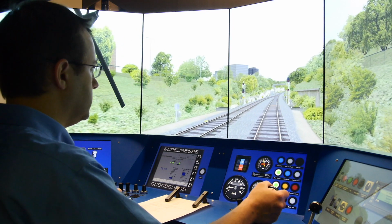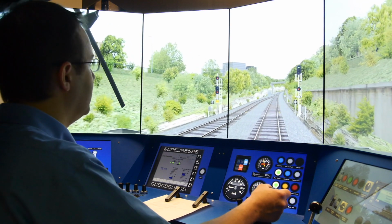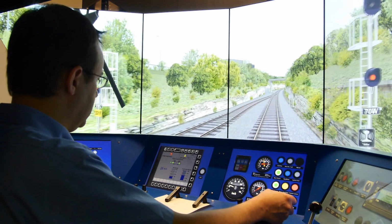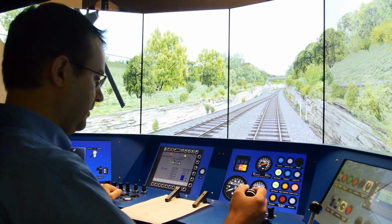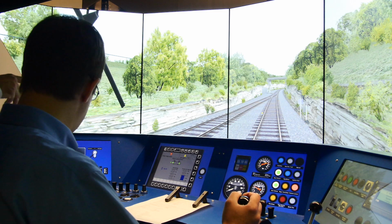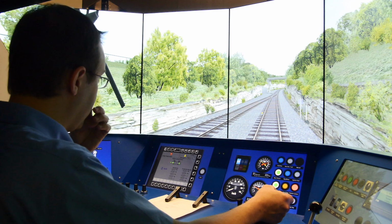So let's stop before the signal. Yep. And there you go. So now we can proceed. Correct. Okay. And our speed, sorry, too late. Speed in there was not to exceed 40 kilometers per hour, if I'm not mistaken. To be under the influence there means we have to cross this next switch at or below 40 kilometers per hour. There's really a lot of things to...